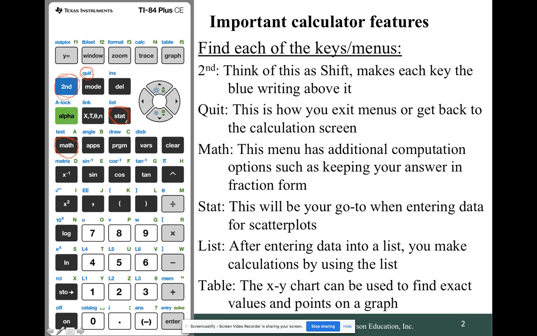Now, when we put in the information into the stat menu, if we want to use it, usually we'll have to do a calculation using a list of data that we entered. And so stat is where we're going to input the information. To actually use the information, a lot of times we have to use the list feature. So again, notice it's in blue writing above the key. So we have to hit the shift key, second stat. So in order to access the list, we have to do second